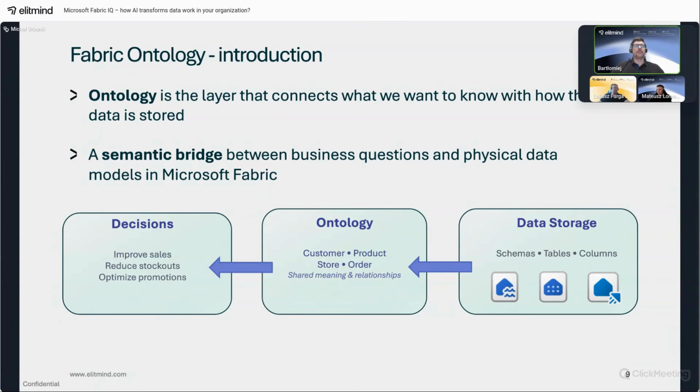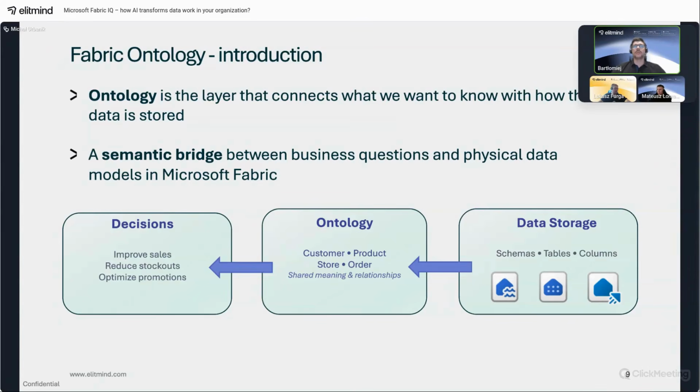So, ontology is a layer that connects what we want to know with how the data is stored. On one side, we have how business thinks about the data in terms of decisions, questions, and outcomes. And on the other side, we have the data storage, so it's any kind of storage that OneLake accepts. It may be a lakehouse, a warehouse, or an eventhouse for streaming data.